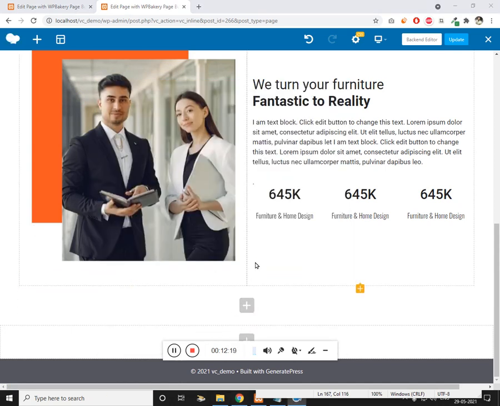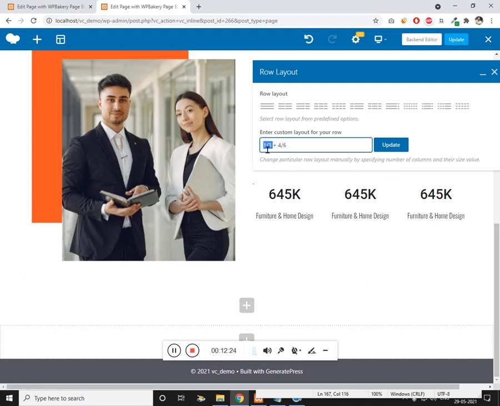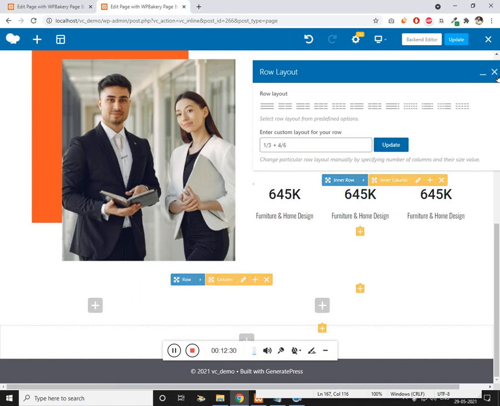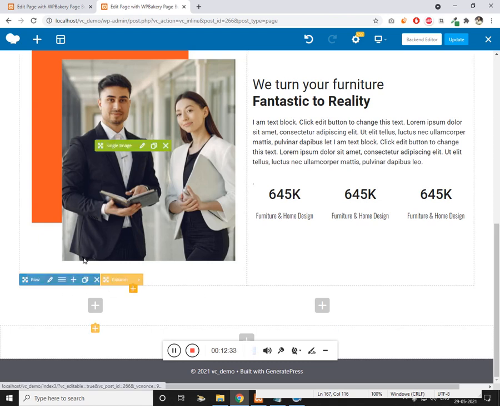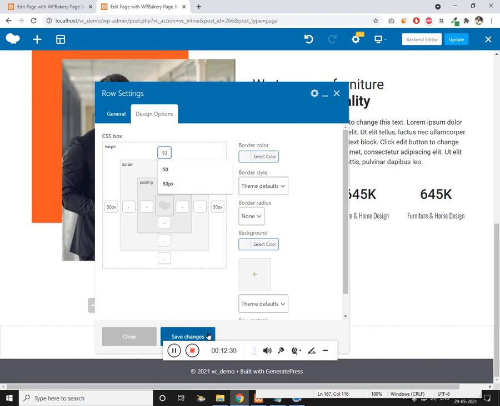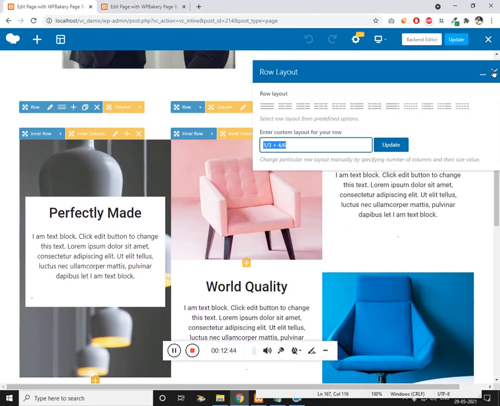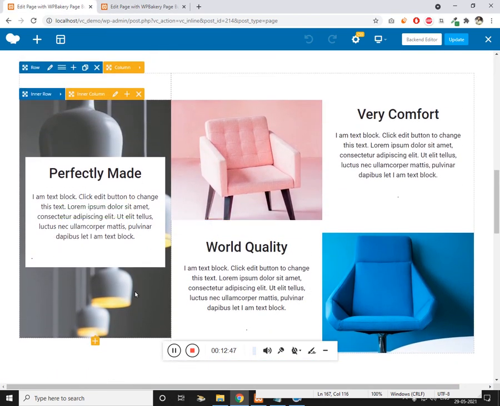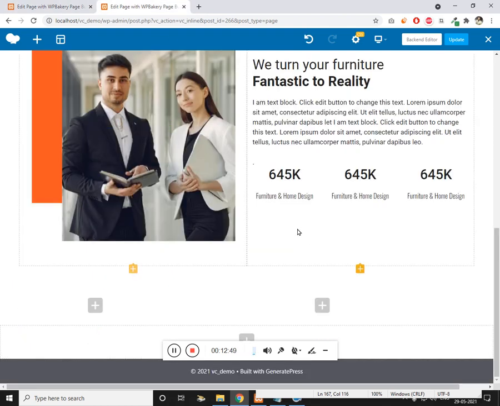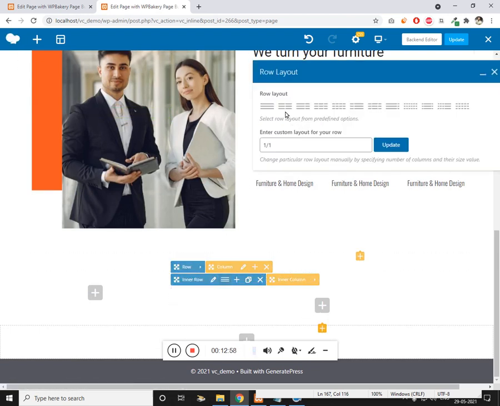Now let's edit the column. So we want 40% and 60%. So now you can see. So let's add a margin top as well so that we get some space. Cool. Now you can see, let's first create this. We need a row, and this row is going to have 2 columns. Click on update,